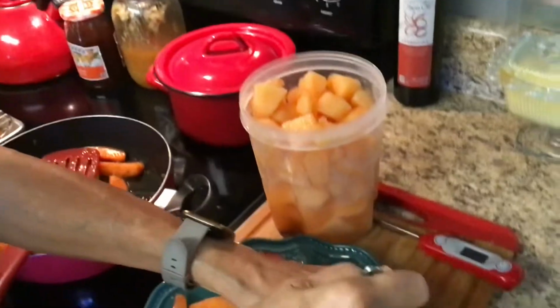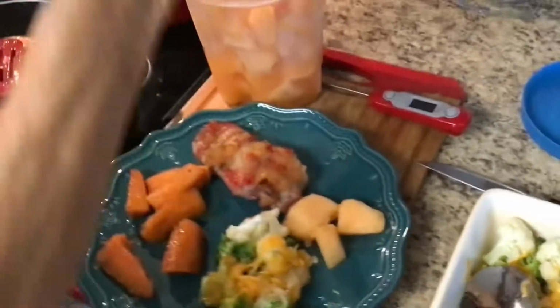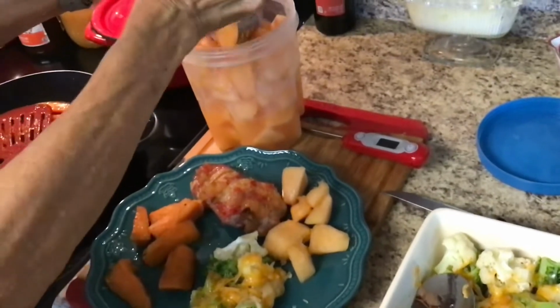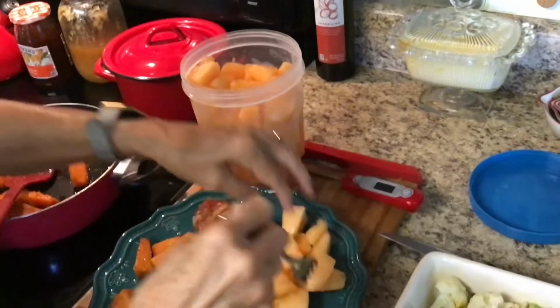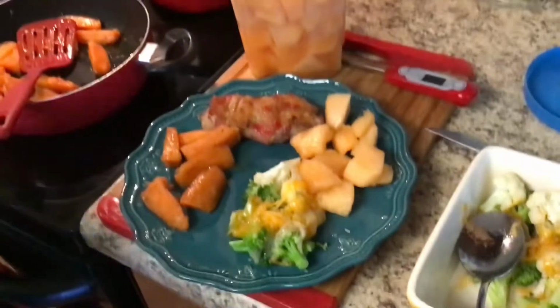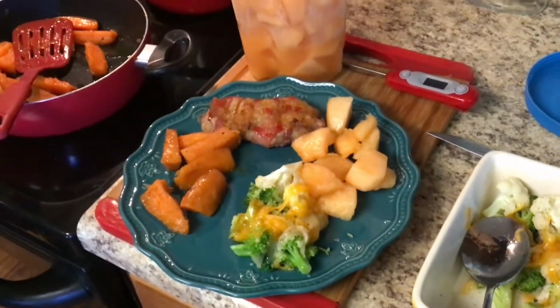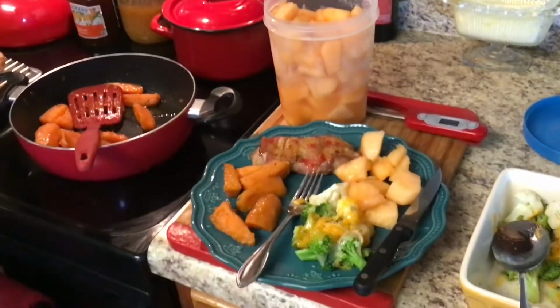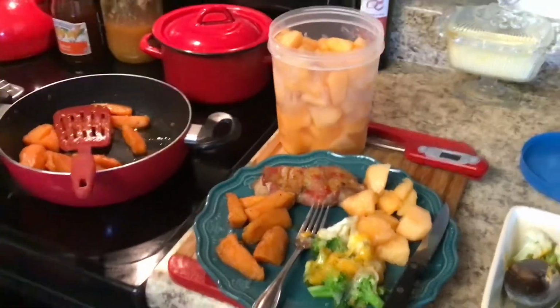Okay, I'll just use this fork right here. Cantaloupes out of the garden. He loves cantaloupe. We eat cantaloupe with our breakfast. We eat it with our lunch. We eat it for snacks. We just love cantaloupe. Oh my, that's his lunch right there. Okay. So I'm fixing to take the camera and I'm gonna let him taste, and we're gonna see